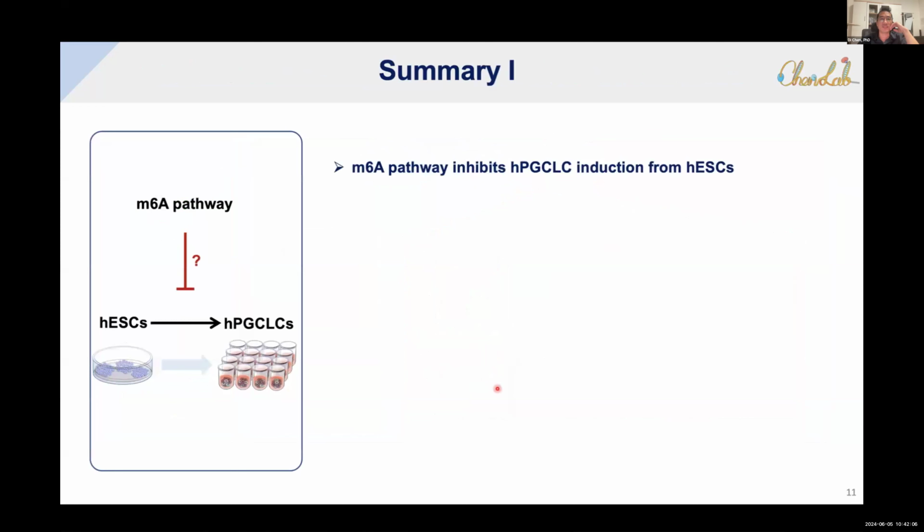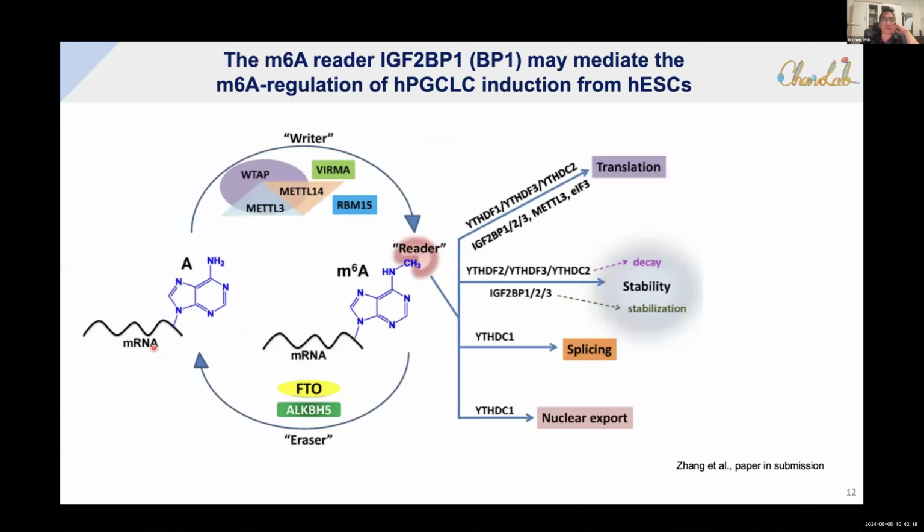So this means that the M6A pathway is probably involved in inhibition of the PGCLC induction from the embryonic stem cells. Next, we wondered which M6A reader or readers are involved in this process. As I mentioned, there are different readers for the M6A-mediated regulation, and actually the M6A pattern is different